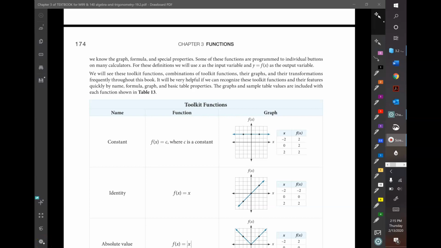Hey everyone, we're going to take a look at 3.2 now in the book about domain and range of functions. One thing I really want to stress though is to read through that 3.1 fully in the book. There's way more stuff going on in there than I can possibly cover in class or the videos. We will be working with it in class, and like I said, I'm going to make a video that goes